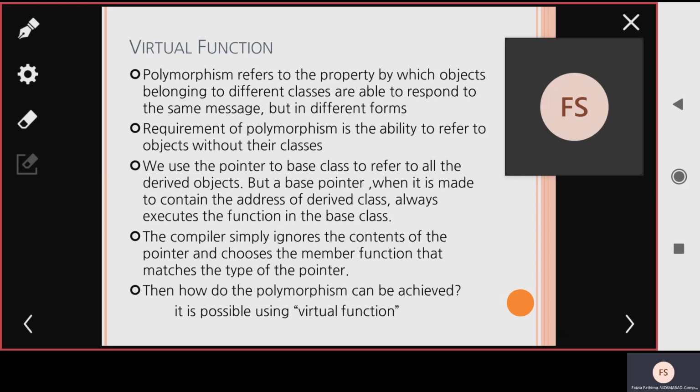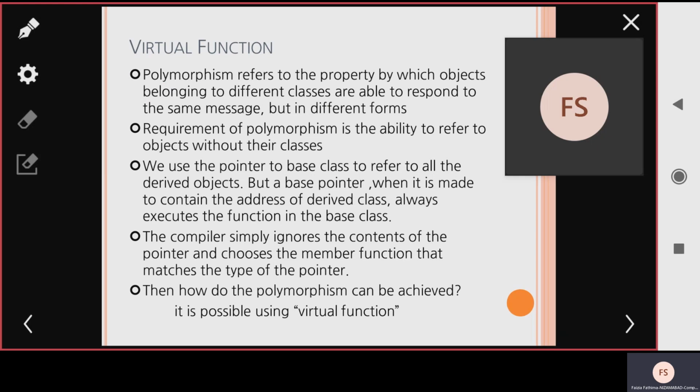But a base pointer, when it is made to contain the address of a derived class, always executes the functions in the base class. So when we pass the address of a derived class to a base class pointer, the base class will execute the functions in that particular base class only.